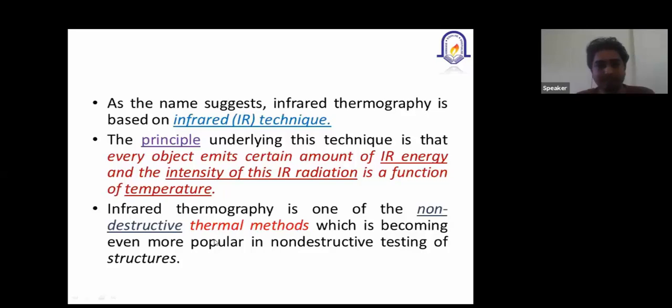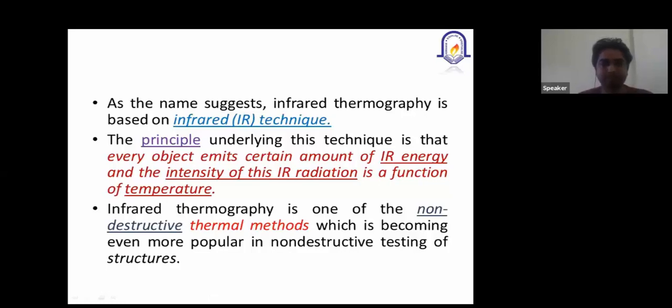Now you are second year and third year pass out students, so you probably know what NDT means. NDT is the non-destructive technique. You have already learned that in BMCP. Non-destructive means checking the strength and other related parameters without damaging the structure. As far as this thermal method is concerned, IRT is the best option to have emerged.